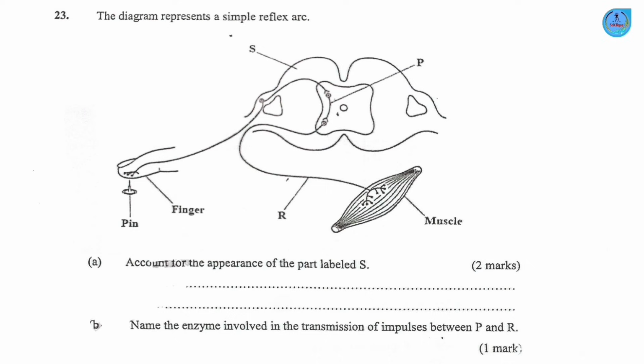Moving on to question number 23. The diagram represents a simple reflex arc. Part A. Account for the appearance of the part labeled S. Now, when it comes to S,